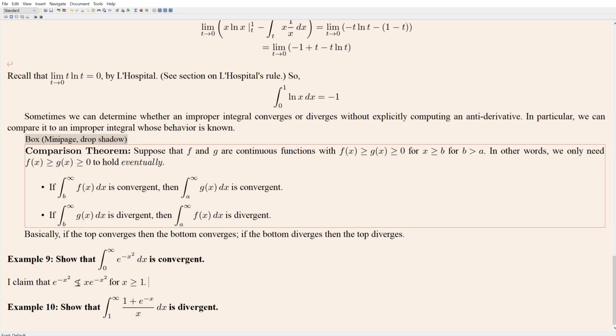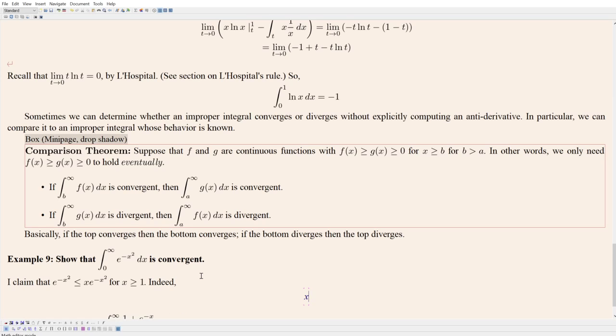Now, it's not always going to be the case that this is larger than this, but it will be larger for x greater than or equal to 1. And that's all you need. You only need it to be eventually larger. So, indeed, this is true because